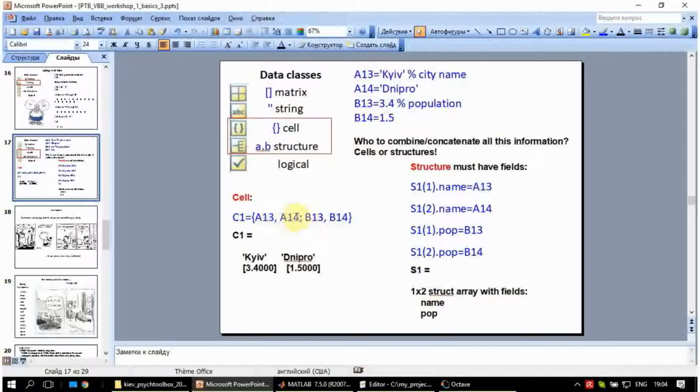This is a typical syntax with semicolon separating rows, comma separating columns, but in order to form a cell you use those figure curly brackets, curly brackets. And for structure